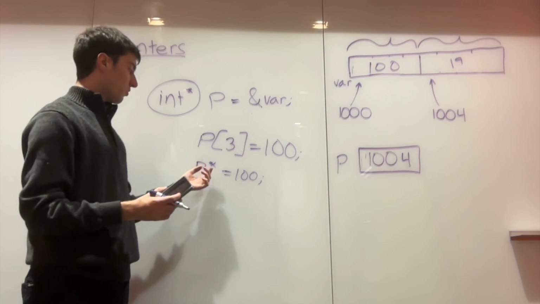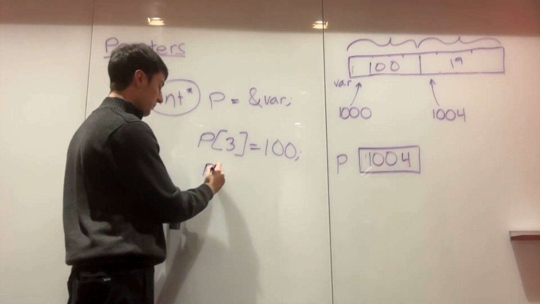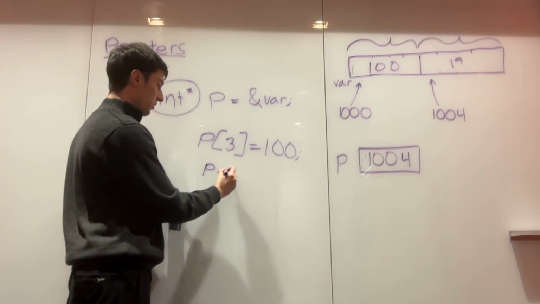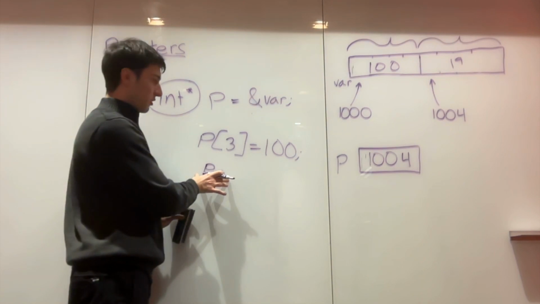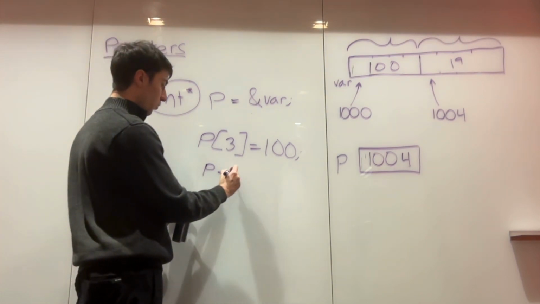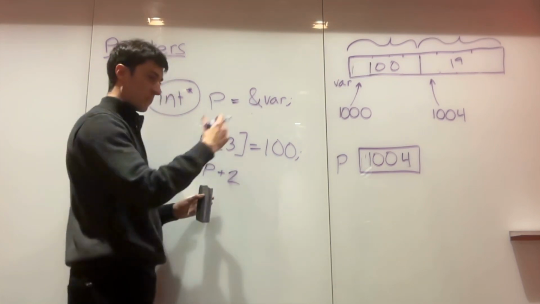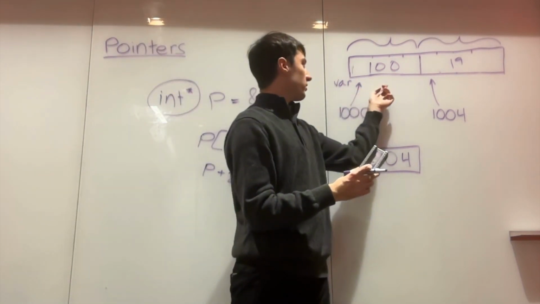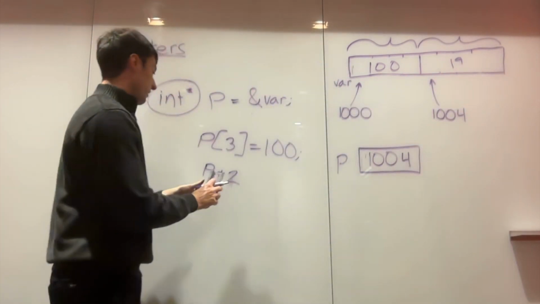Or if you want to do it through the star, you would have to do p plus, and then we're at the 0th location right now. We do 1 to get to the next one, or 2 to get to the one after that, right? So here's plus 1, here's plus 2, and then plus 3